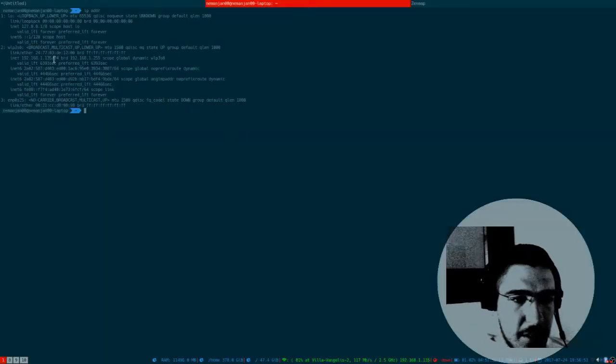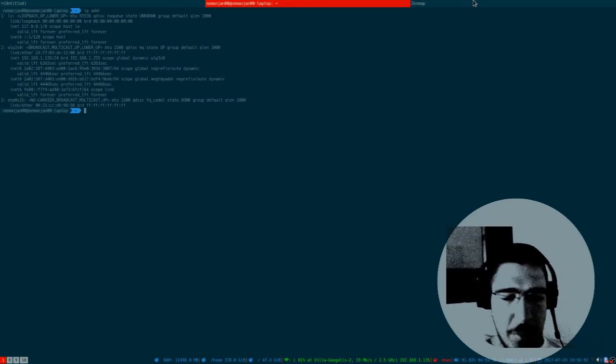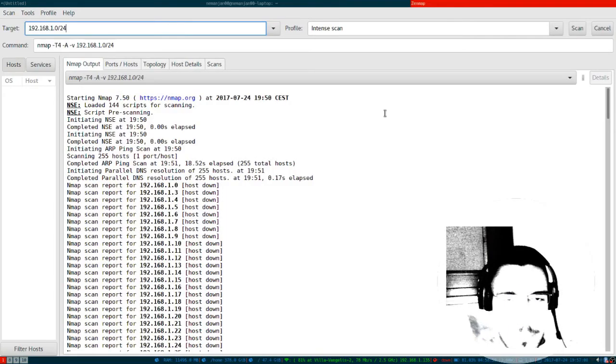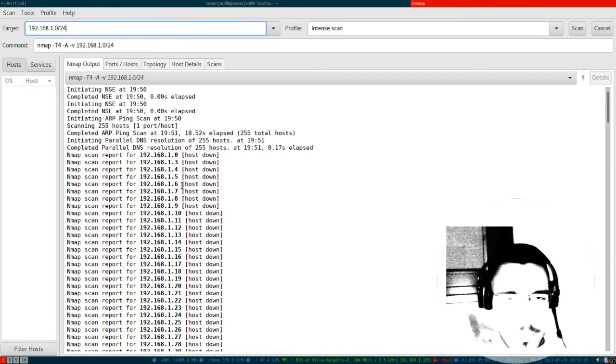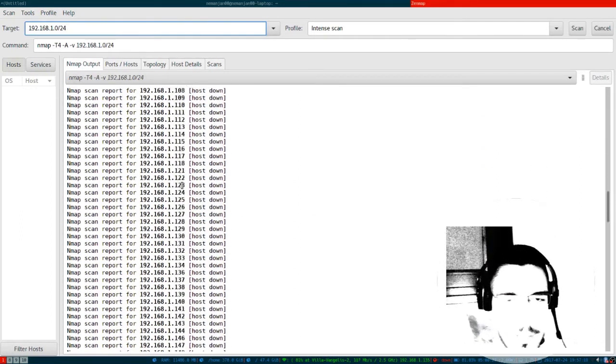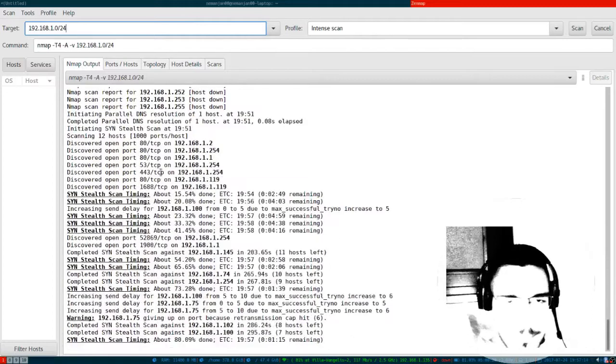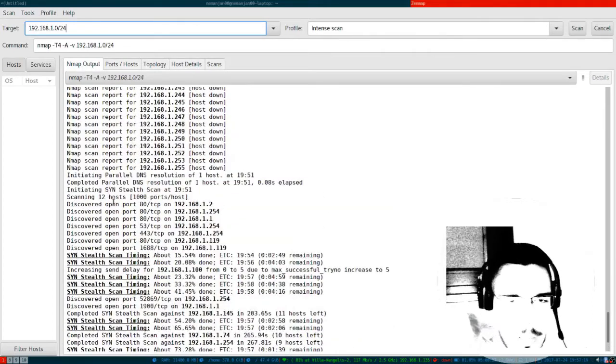You can see here the network is 192.168.10 and the netmask is 24. For the sake of time I'm not going to rerun this scan, and I'm just going to look at the results. You can see it is pinging one host at a time and saying they are down, and for those that are not down